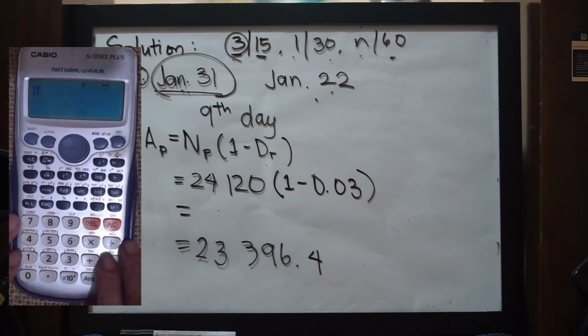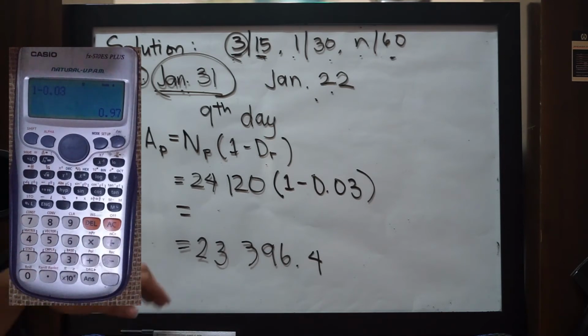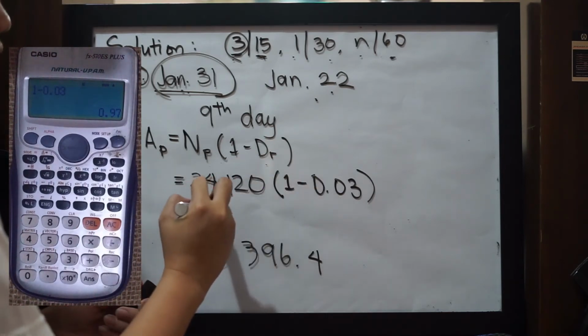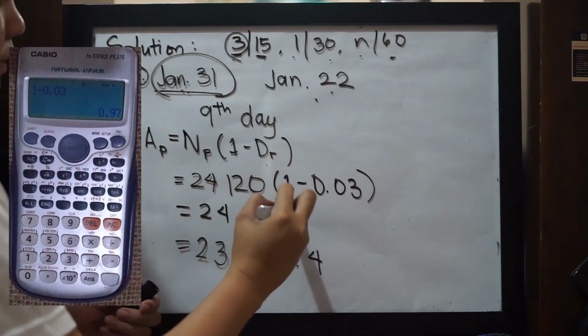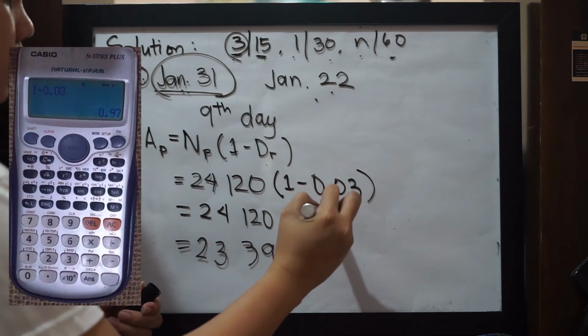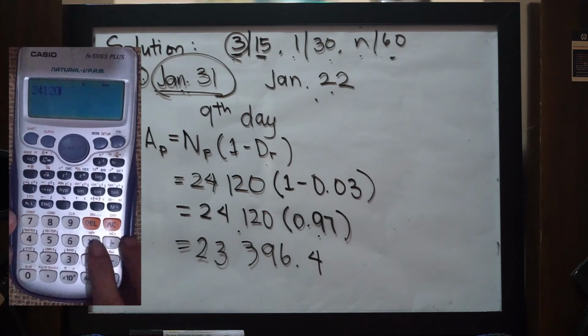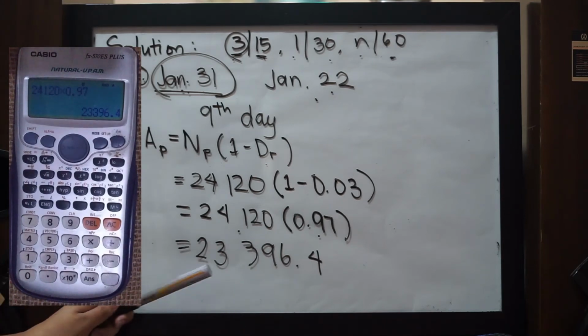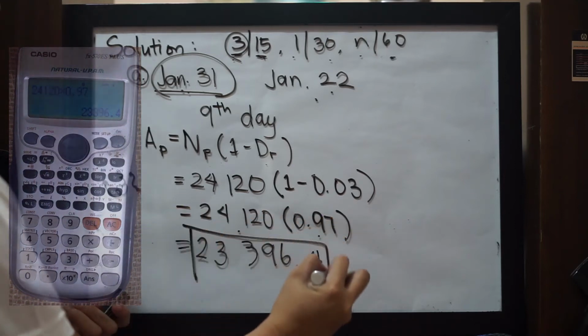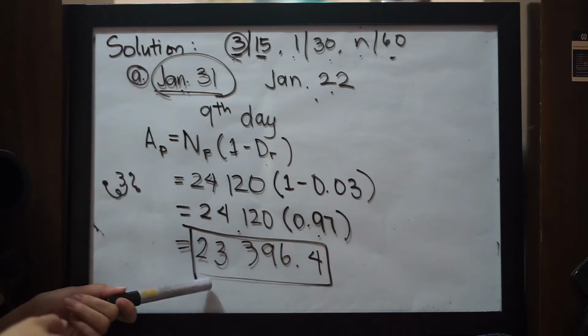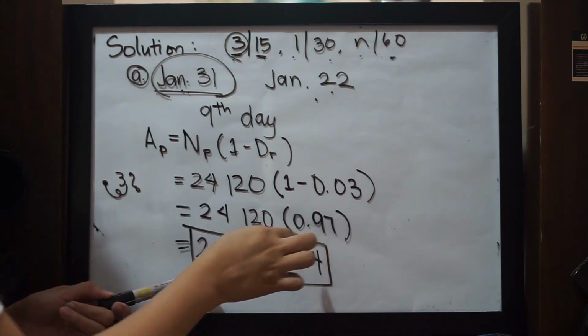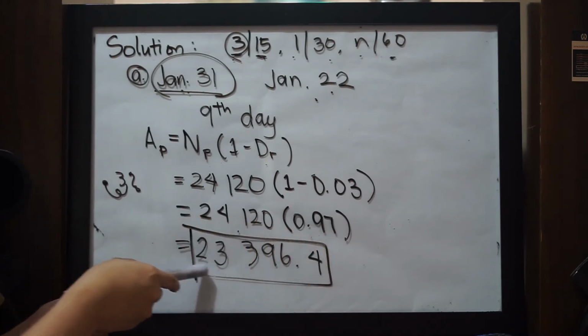Or, if you want a step-by-step solution of this one, you have to simplify the term inside the parentheses first. So, 1 minus 0.03, the answer is 0.97. So, let's just copy 24,120 multiplied by 0.97. Multiplying these two, we will come up with 23,396.4. It's your discretion if you want to write the step-by-step solution for this one, or you can directly write the answer as